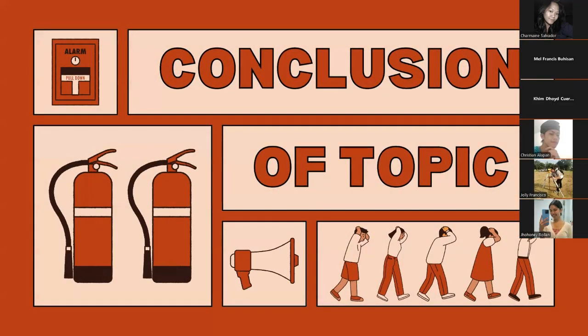Okay, let's proceed to the conclusion of the topic. As a group, we conclude that life safety systems are the cornerstone of protecting human life and property from hazards. By integrating a combination of active and passive measures, these systems provide a comprehensive framework for ensuring safety and mitigating risk. They are not merely a compliance requirement, but a vital investment in the well-being of individuals and communities. Through this, we can create environments that foster confidence, resilience, and a higher quality of life.